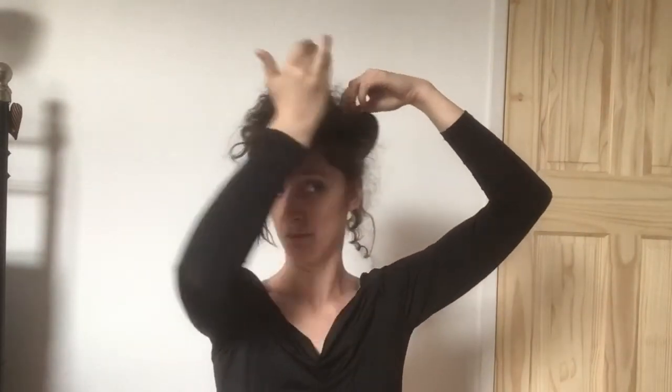I just need to do something with that bit. It's annoying me now. Maybe I could just tuck it up here. That didn't work. Haha, gotcha. So I'm going to carry on playing around with my hair. Hopefully when I'm sat in front of a mirror doing this properly with my glasses on so I can actually see what I'm doing, it should look not too bad,